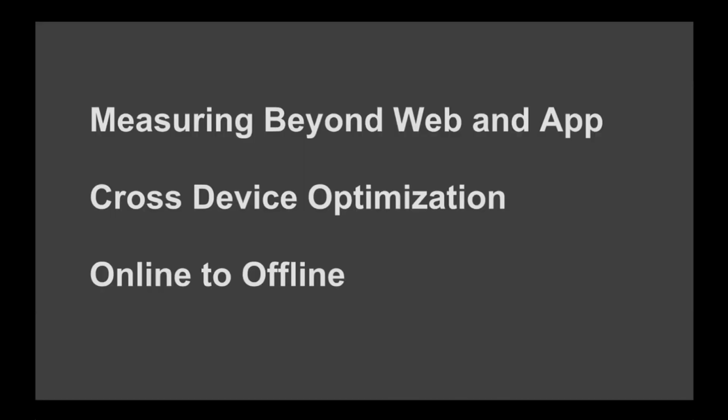Thanks, Pete. And Andrew, that was really exciting. I don't know about you guys, but this is pretty amazing. We covered three big things today. We talked about how Google Analytics is enabling every developer here who's building an application to now use Google Analytics to really measure usage. We talked about the beautiful reports of how you can now optimize across devices and how this will enable you to make better decisions of how you're building your apps. And finally, we talked about getting the true value of your marketing campaigns by tying the offline and online experiences together, all using Google Analytics.